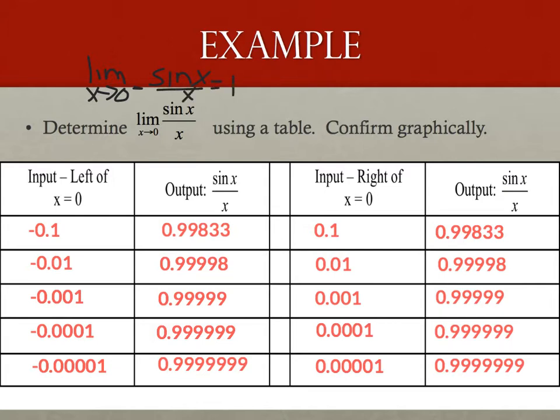So now looking at the right side, my right values are also approaching 1. So then we can say that the limit as x approaches 0 from the right of sine of x over x is also 1. So then what we can say, because both the left side and the right side are equal to 1,